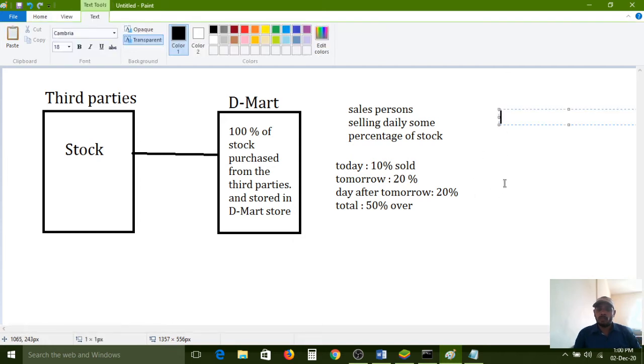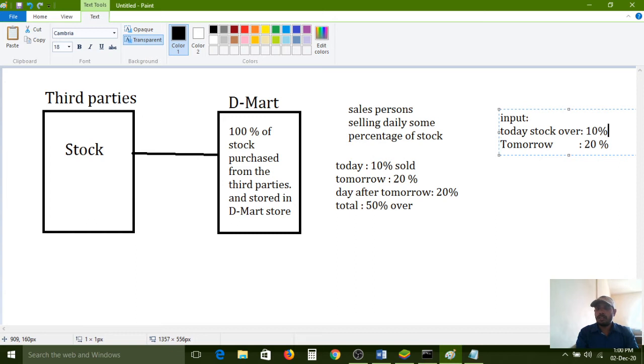If I give the input in the program, how many is it asking? Today stock over 10%. Tomorrow 20%.